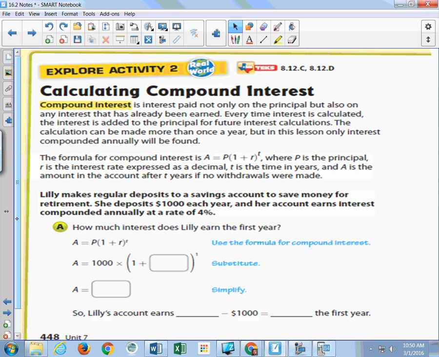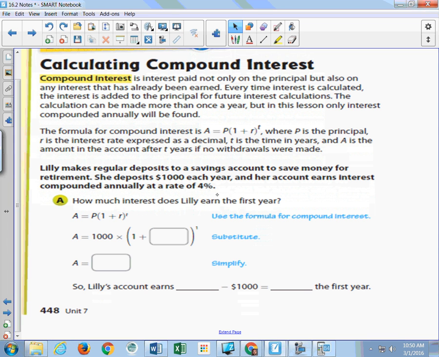Alright, so if I wanted to look at this first little example, Lily makes regular deposits into a savings account to save money for retirement. She deposits $1,000 each year, if her account earns interest compounded annually at a rate of 4%. So we're just going to plug the numbers into the formula. All right, here's our formula. It's already put 1,000 in for our principal. It's already got the 1 plus, so our rate, 4%,